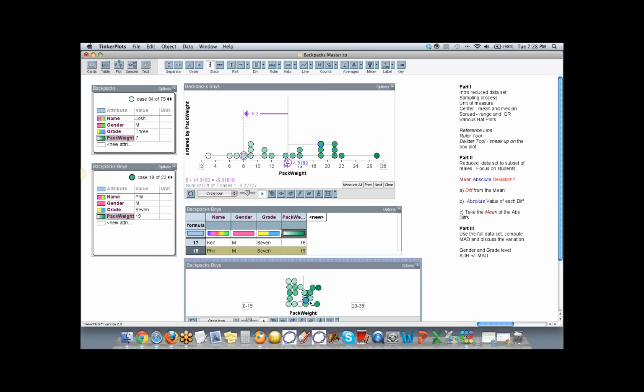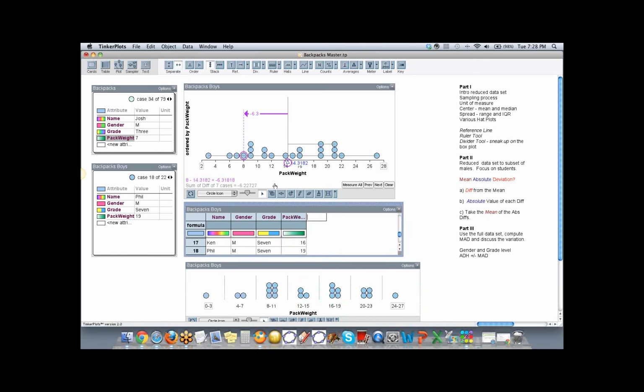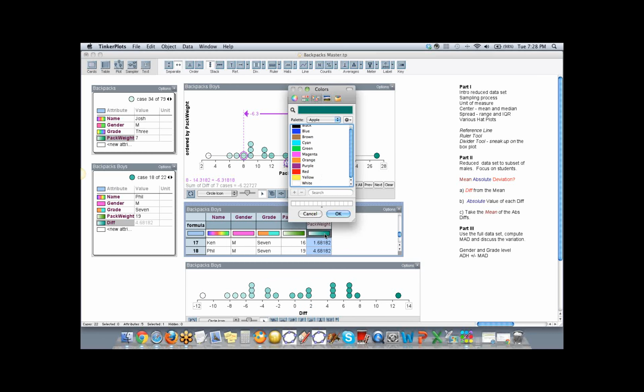You cut your attribute. Did I just get rid of it? Oh, you cut. Well, let's just do Control Z. Always works. There we go. Didn't mean to do that. All right, what I'm trying to do is double click on the color, and let's pick red.